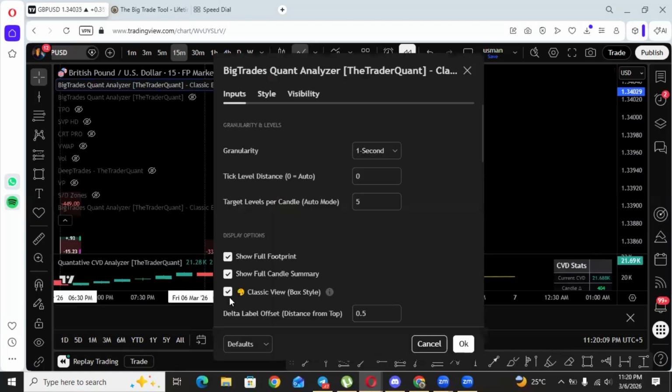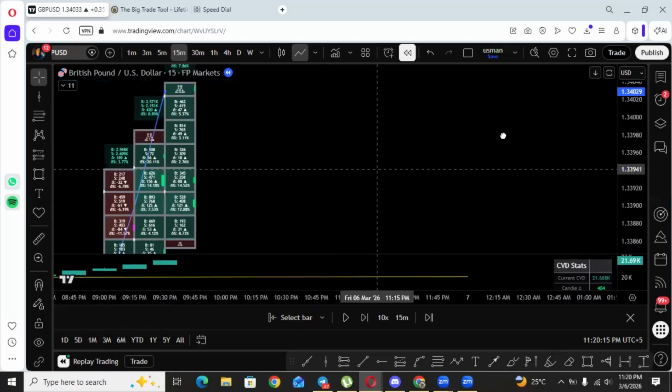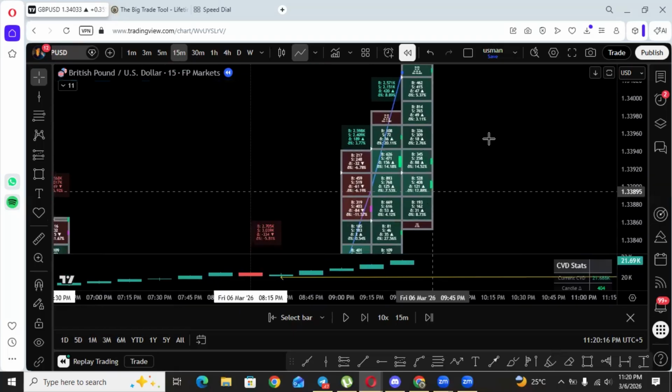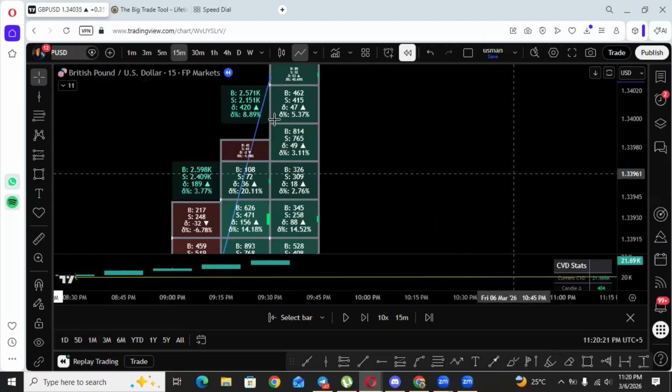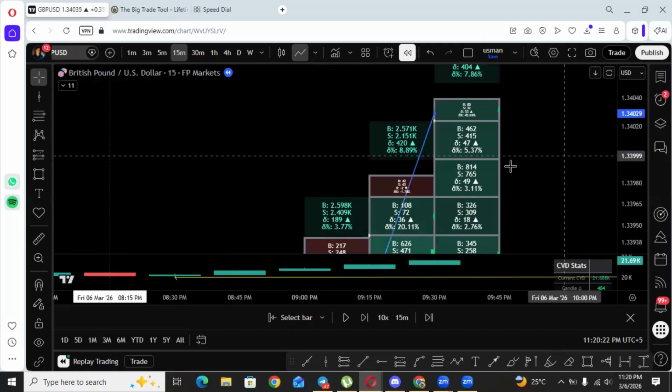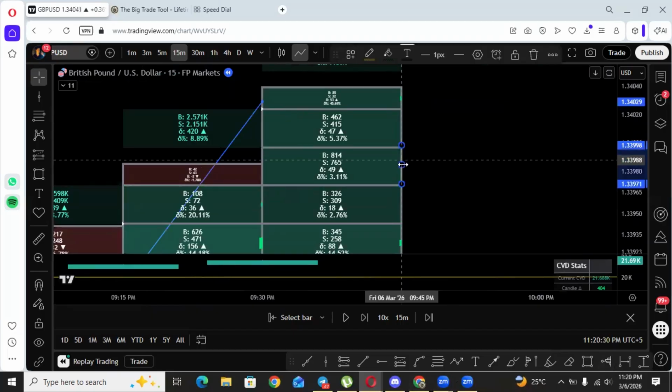Let's remove this classic footprint option and see the footprint that was previously. This footprint was a very detailed version, and you may not understand it. So you can understand the delta in this. So at this price level,